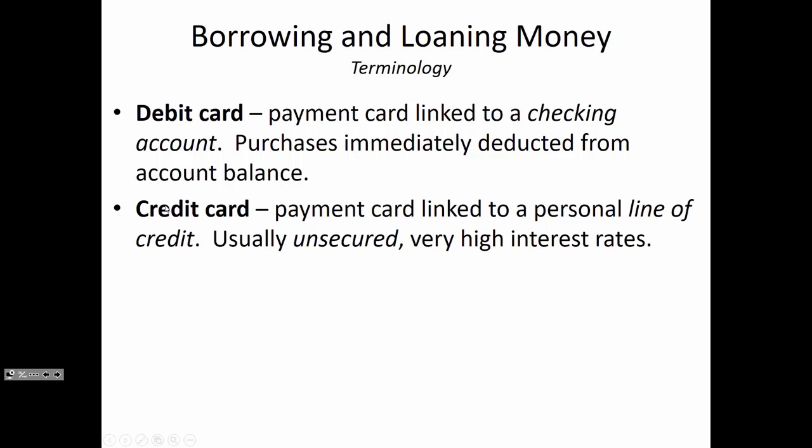But more commonly, if you're going to buy something on credit, you'd use a credit card, and those are unsecured, meaning that when you spend that money, it's typically not on things that the bank can come back and repossess, in the same way that they could take back your car if you don't pay your bills, or repossess your house if you don't pay your loan. If you think about a credit card, the types of things you're buying with it, you're buying coffee, sandwiches, airline tickets, and the bank can't repossess your sandwich. So that's partly why the interest rates are higher on credit cards